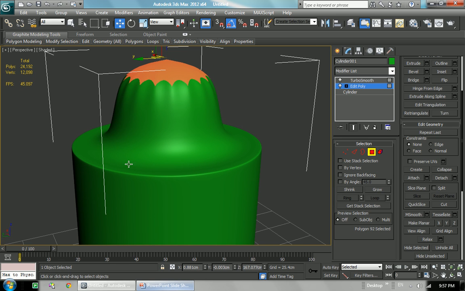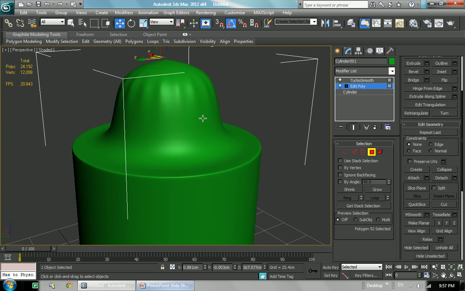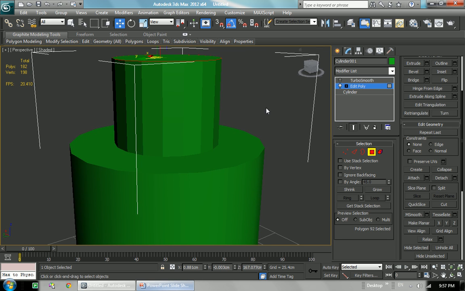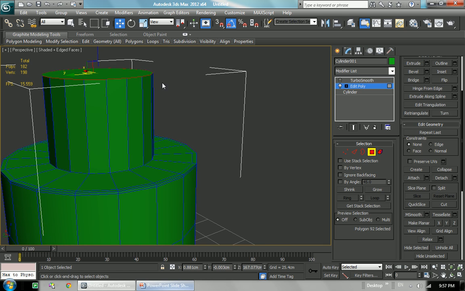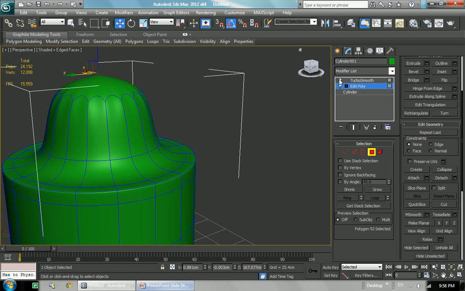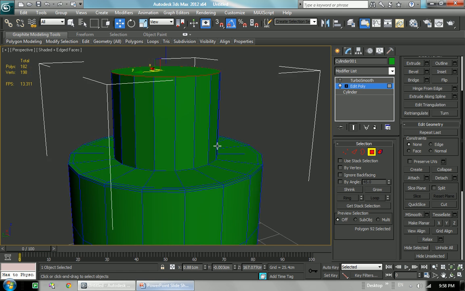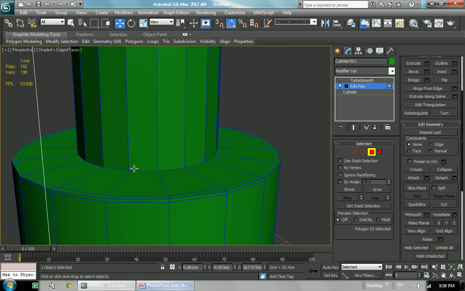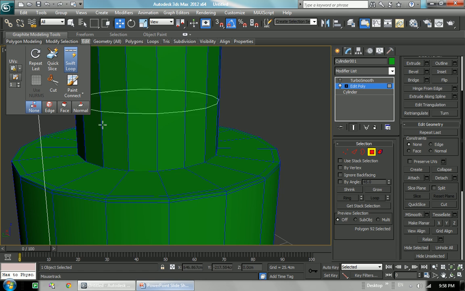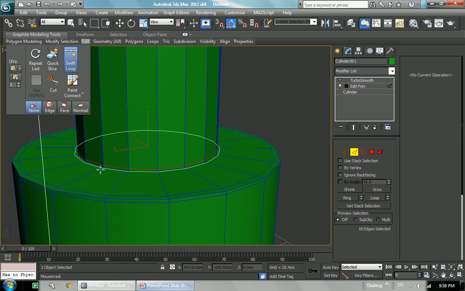Even though we fixed that edge, we're still getting screwed up in here. Okay, so why is that? Well, basically because again, the Turbosmooth algorithm has to interpolate from this point up to this point and up to this point, which results in what we saw, right? See? So if you're modeling something and you need sharp edges somewhere, you're gonna have to add more loops, like so,